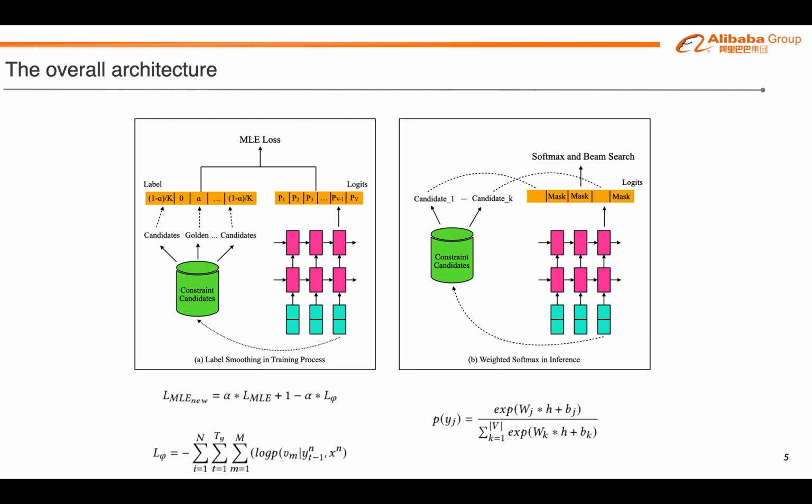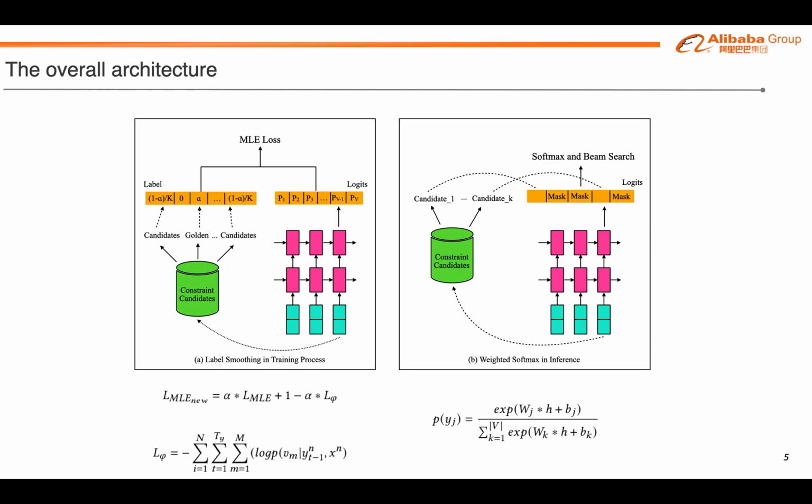The purpose of this process is to make the model pay more attention to target words which are related to source words. But in fact, if we set the label of all the other words except golden and candidates to 0, the model cannot learn the differences among golden words, candidates, and true negative words. So we combine golden MLE and L alpha with interpolation, which not only distinguishes golden and true negative words, but also pays attention to the distribution of the target words that are related to source words.